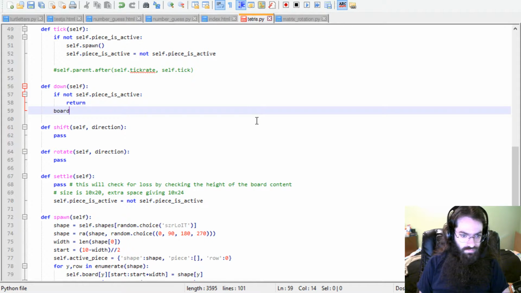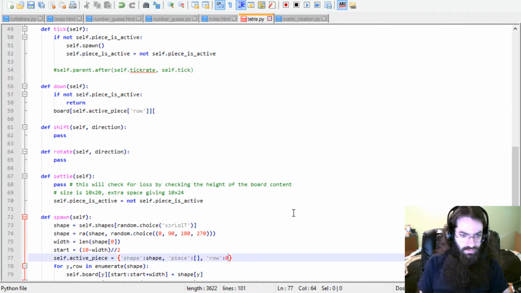Board self.active piece row, and where is it? It needs to store that too. Start. How about